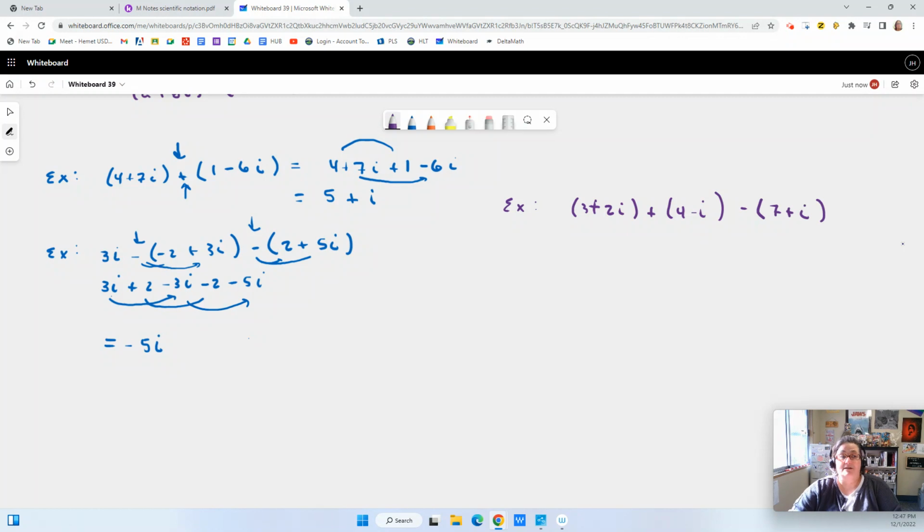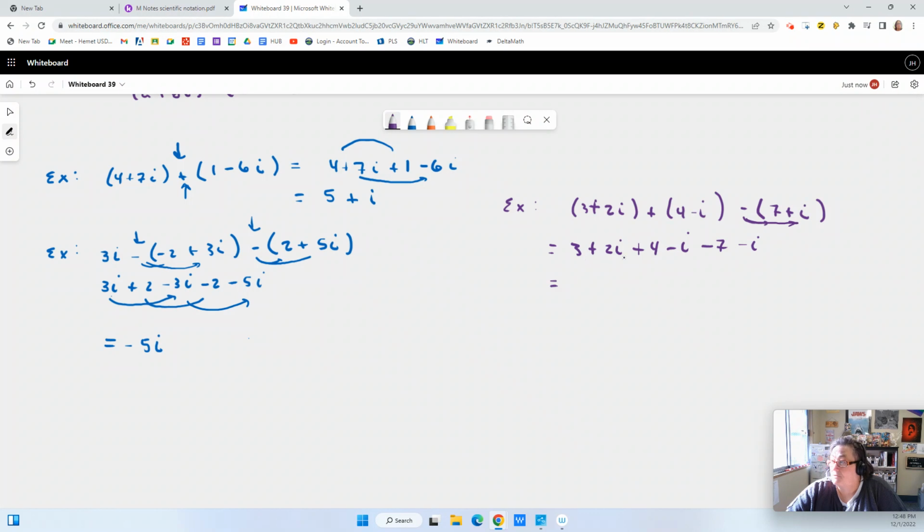right? We got a lot going on here, right? And if I wanted to, if I looked at each component, I could break it down and make one that's 3 plus 4 minus 7 and then have another one. But I think it's easier to just think of it in terms of, okay, here I have 3 plus 2i. It's all added, so I don't have to worry about any of that. There's no negative on the outside here, so I could call this plus 4 minus i. But this negative, I've got to distribute. So this becomes minus 7 minus i. And now I can combine all of my like terms again.